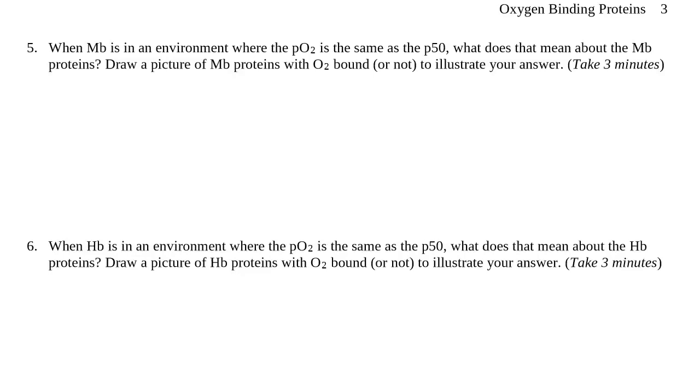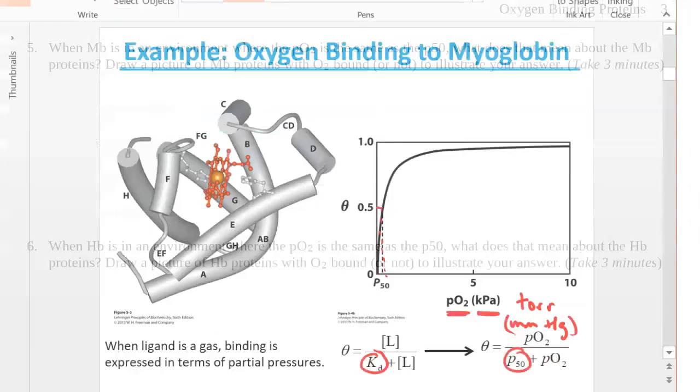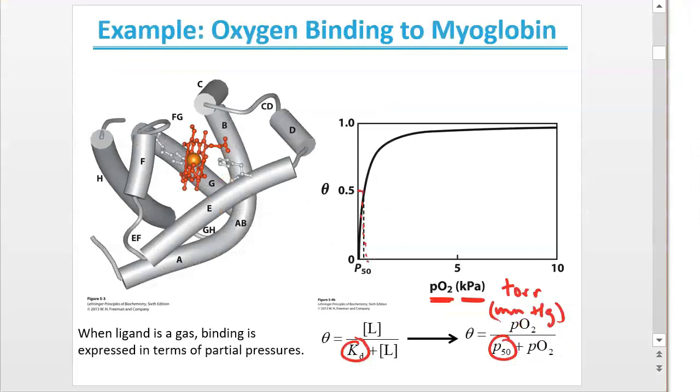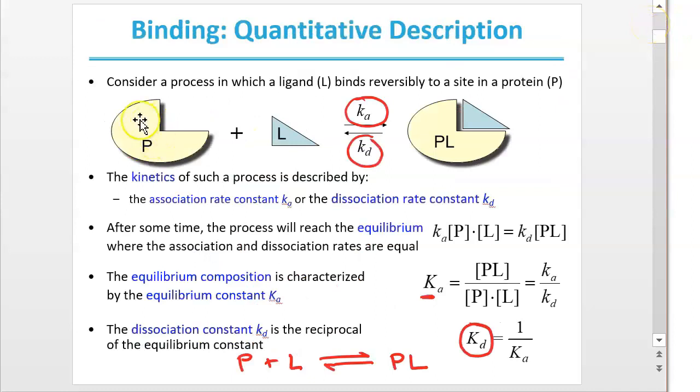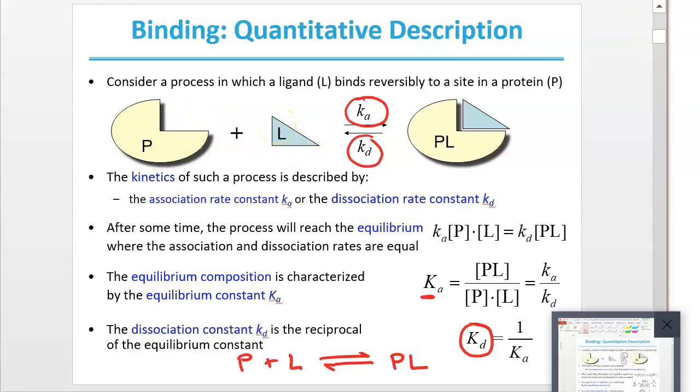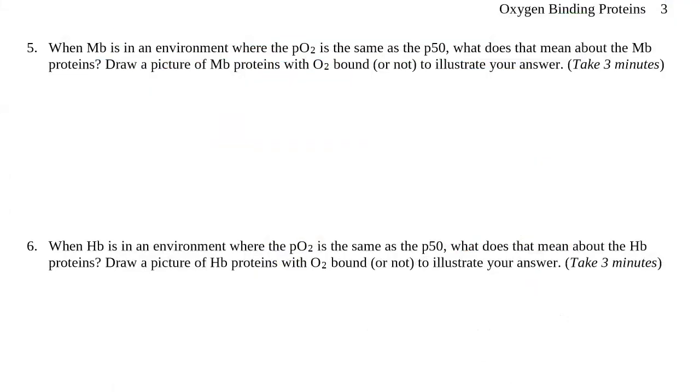So let me give a little explanation to that. You can just draw a cartoon. So you don't even have to be this specific. Like, this is a picture of a myoglobin protein, but you can just do a cartoon, something like this, right? Myoglobin has a binding site and oxygen. So think about that. Pause the video now, take a minute, and in this space on your paper or on some blank paper, draw me a picture that answers number 5. So pause the video now and write your answer.